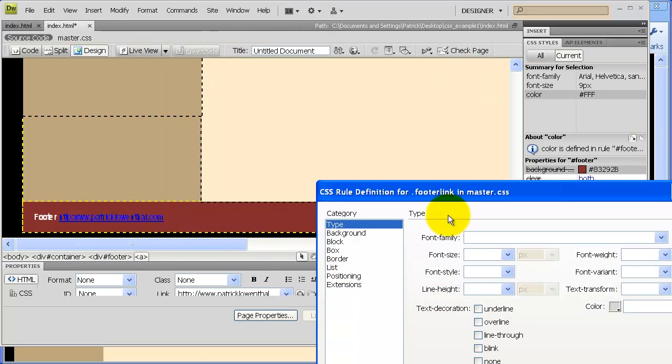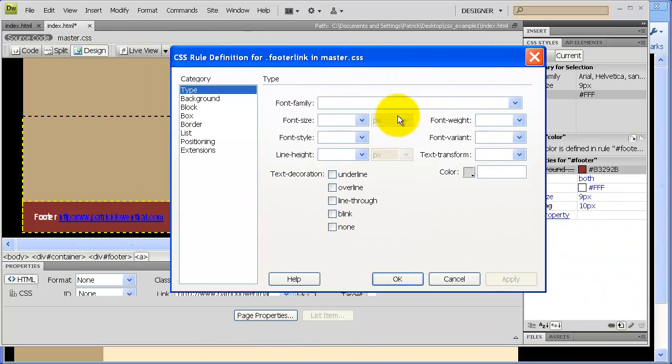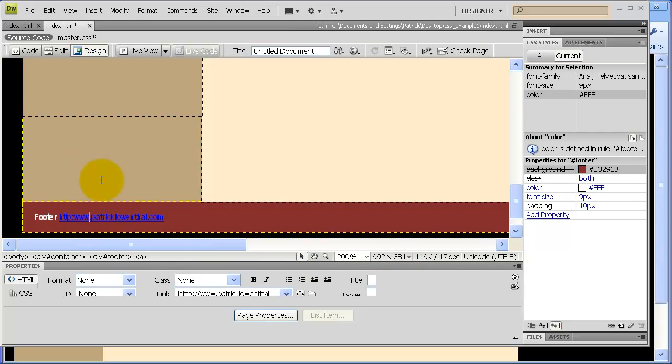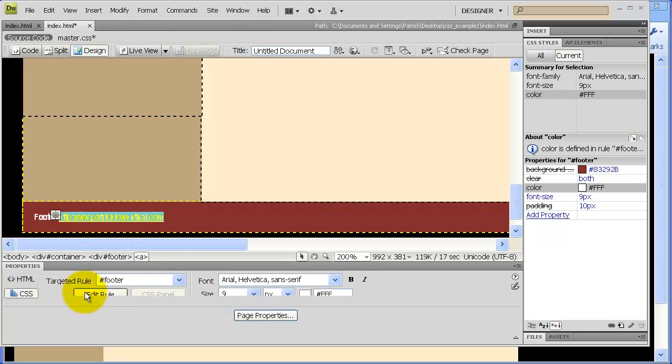And so now what I can do is I can choose what color I want this link to be. So maybe I want the link to be this color, and maybe I don't want it underlined, and I could do things with the font as well. But now what I can do, if I highlight this, now that I've set up that class, I should be able to click CSS